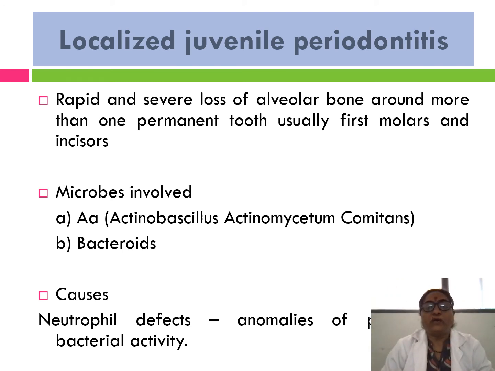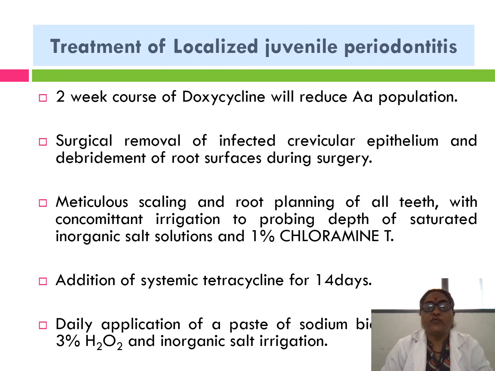Rapid and severe loss of the alveolar bone around more than one permanent tooth, usually the first molars and incisors. The microbes involved are Actinomyces, Bacillus and Bacteroides, and it causes neutrophil deficiencies. The treatment is a 2-week course of doxycycline, which will reduce the population of